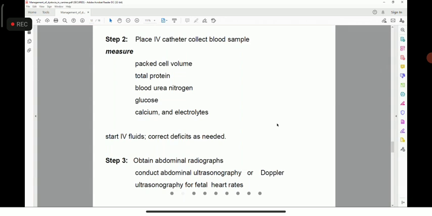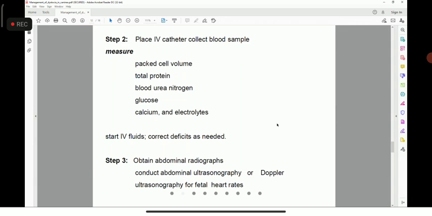You send it to the laboratory for the PCV and hematological examination. It is up to you what kind of hematological examination you want to carry out, but you have to ascertain the hydration level. So packed cell volume, then total count, then you can go for MCHC and other things, but packed cell volume is a must.